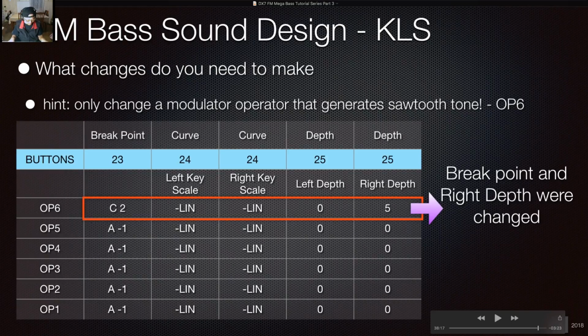Okay, +5. So there's a slight change there. If you want to increase that to 10, you're gonna start hearing the differences. See? And if it's 15,